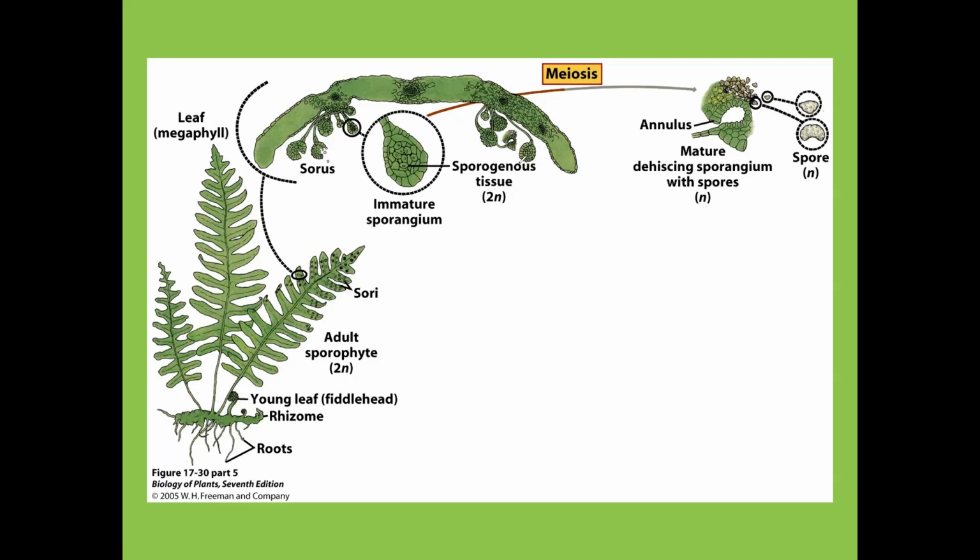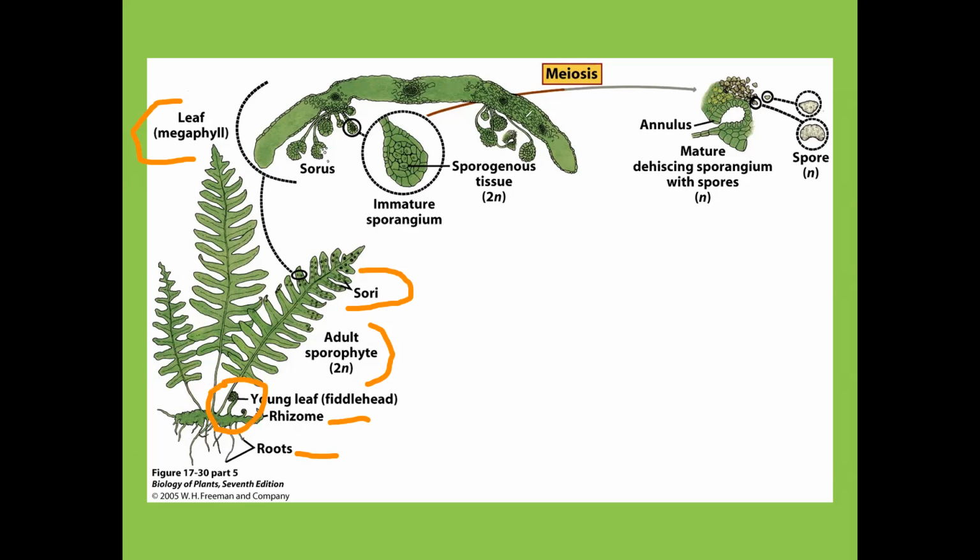On the left here, you have the adult sporophyte plant. It has all the things on it that we would expect of a fern. It has leaves, which are now called megaphylls. It has clusters of sporangia that we call sori, horizontal stem, real roots, and the young leaves are going to